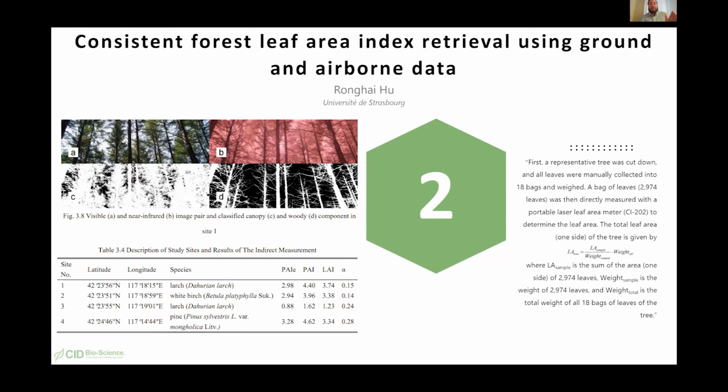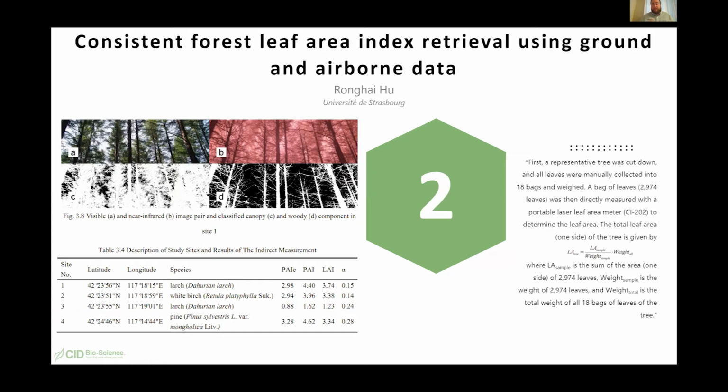And so when he was comparing it to some of these indirect measurements, he was finding all sorts of variation in the indirect measurements of the leaf area index as compared to the CI 202 direct measurements, and later concluded that there are inherent flaws in all of these different indirect measurement technologies, because they aren't taking into consideration mathematically things like clustering effect and the light influence at different times of day, and all of these different variables that aren't being taken into account eventually lead to a difference in